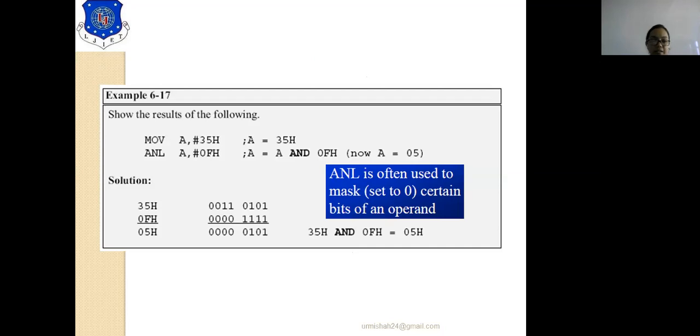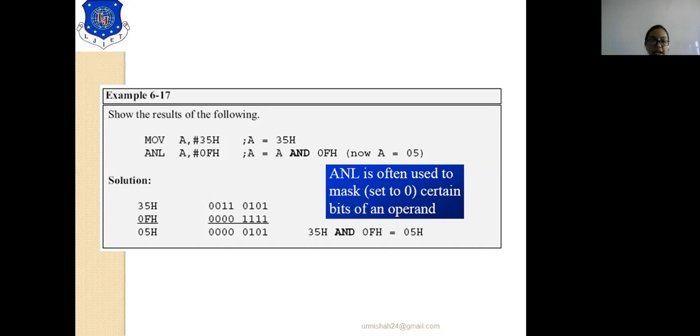In the example, MOV A, #35H is given. So the accumulator is loaded with 35H, and the data saved in the accumulator is 35H. Now we perform the ANL operation.